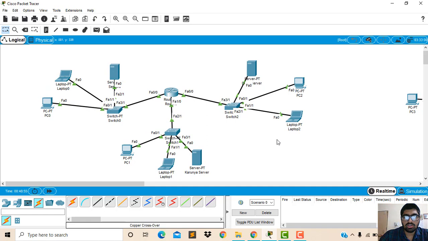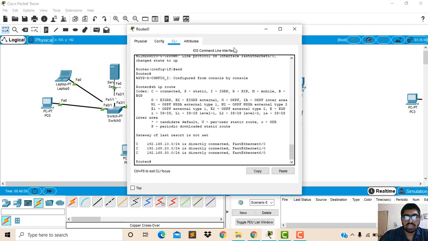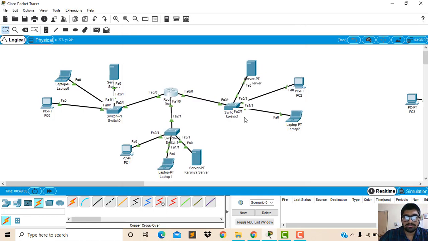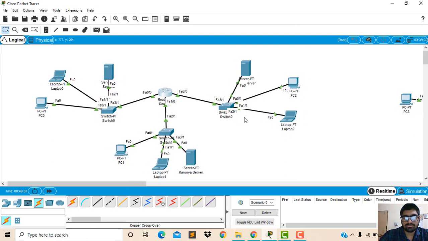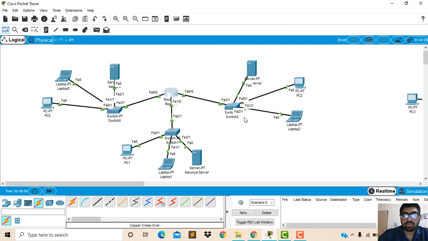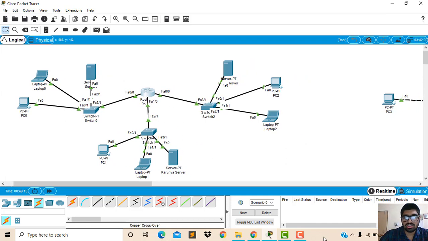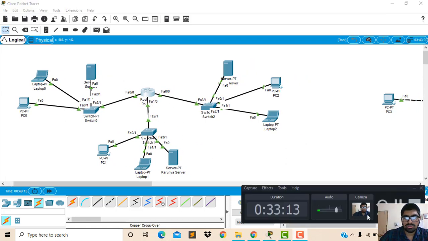Now, to access the router, we have seen that we have to go to the CLI and assign the FastEthernet addresses as the default gateway to access the information of all three PCs and the server.